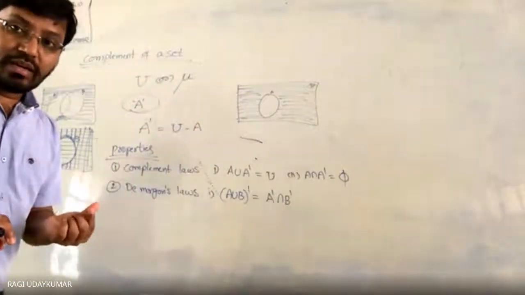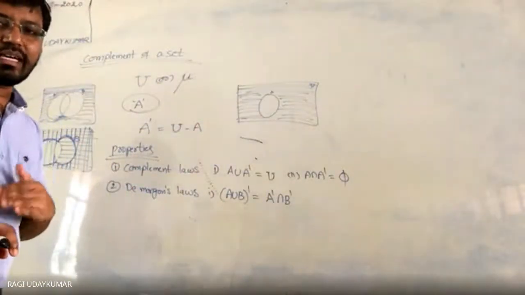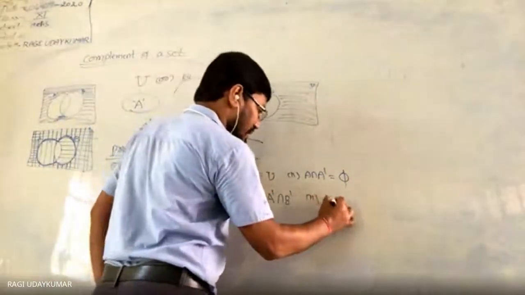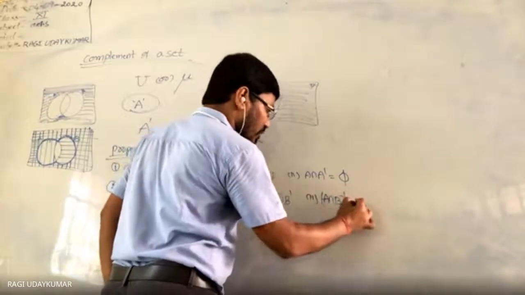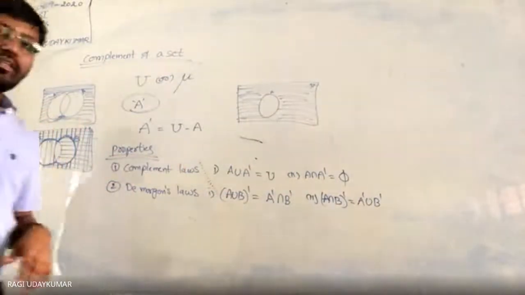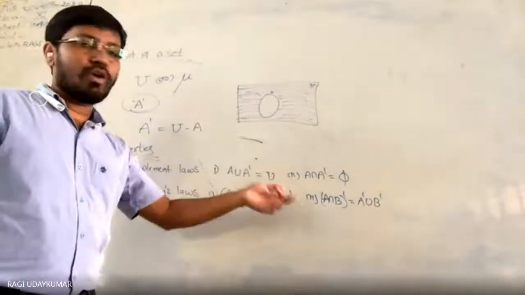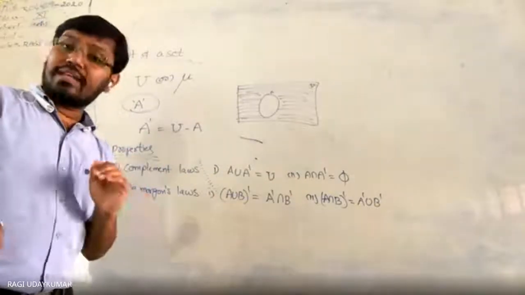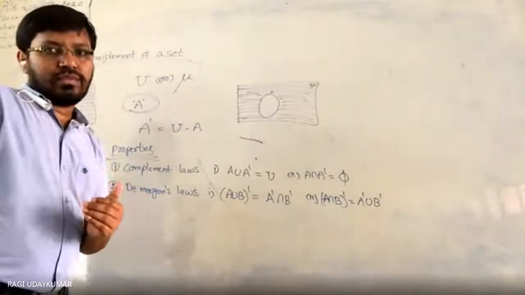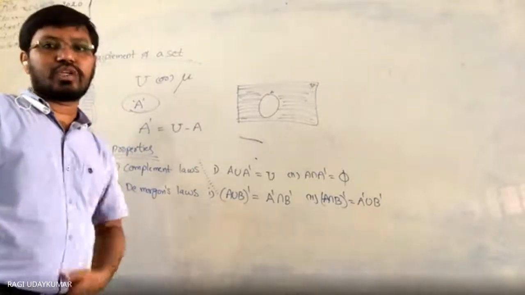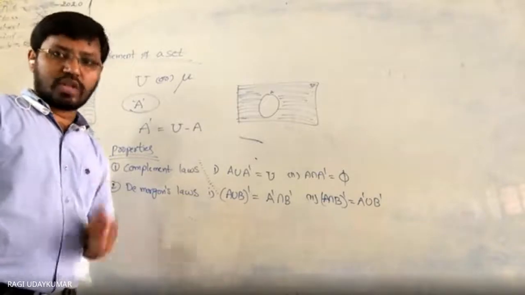So this law for union is called a De Morgan law. In the same way, if you consider A intersection B whole complement, you are going to get A complement union B complement. That one you try yourself. Try the Venn diagram for A intersection B whole complement. Try the Venn diagram for everything. Then you will get more subjects, really an extraordinary subject. You try at home, not now here.